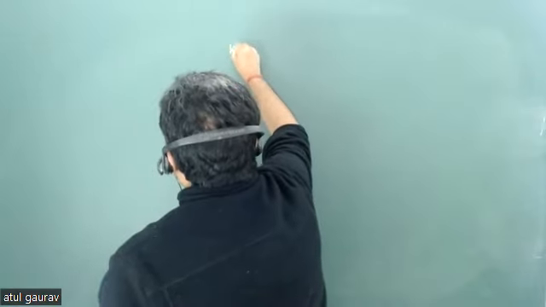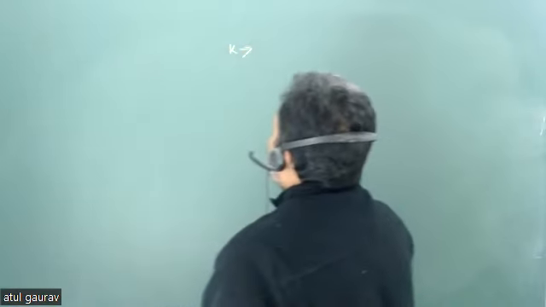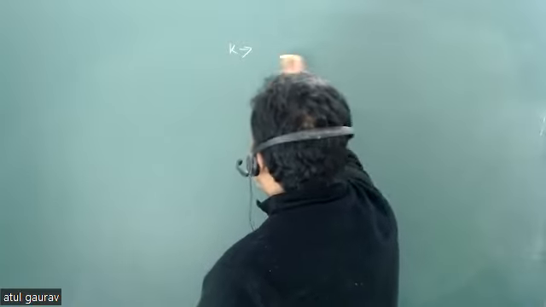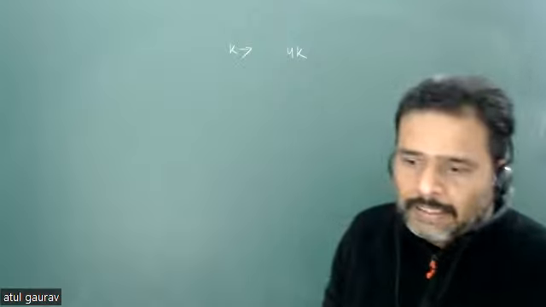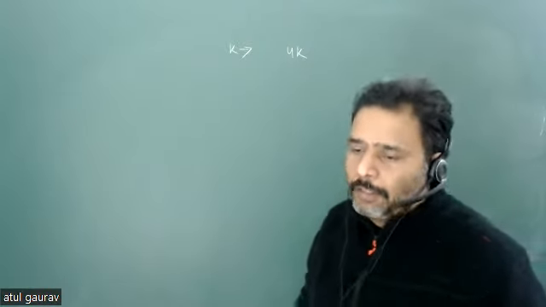Initially the spring constant is K and it is suddenly changed to 4K. K से किस में चेंज हो जा रहा है? 4K में।